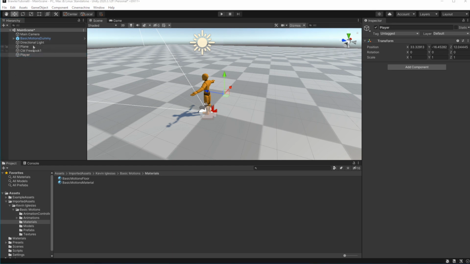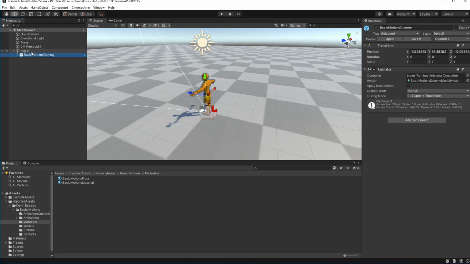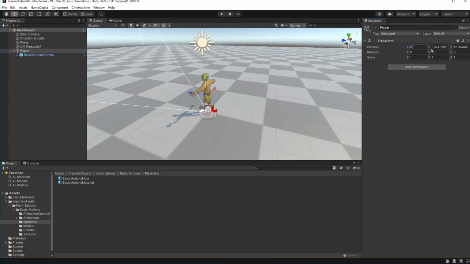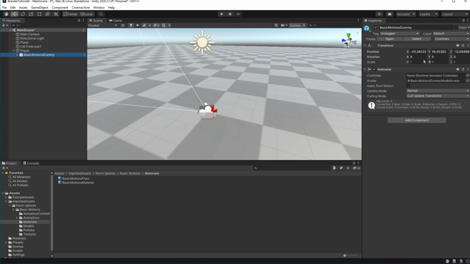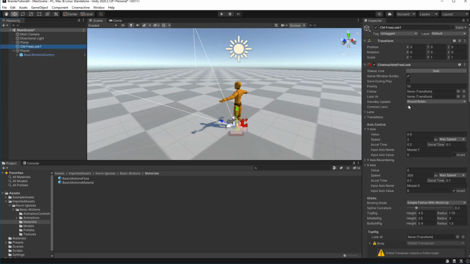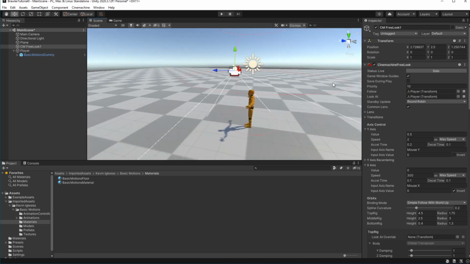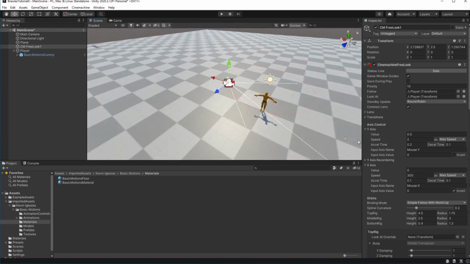Attach the player model to this container and nullify positions. Then set follow and look at to follow and look at the player. You will be surprised but this will work now. But the positioning is pretty bad.